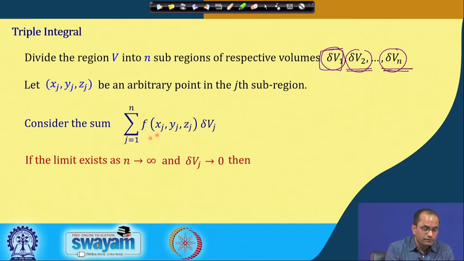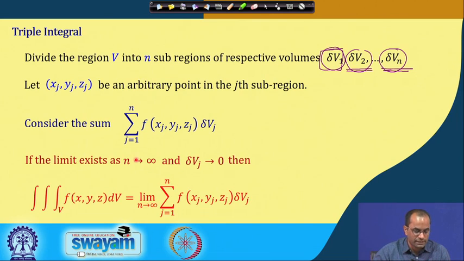And now, if we take the limit here as n goes to infinity, or the other way around, that this delta V j will go to 0, because the domain is fixed now. If we let n go to infinity, then the number of subregions goes to infinity. That means the volume of each subregion will go to 0. If this limit exists as n approaches infinity, in that case we call this an integral,